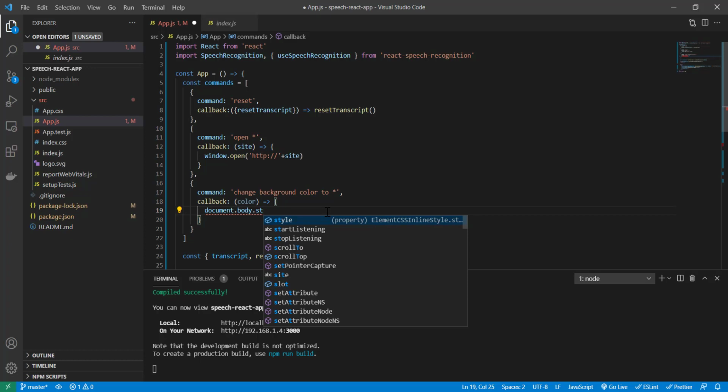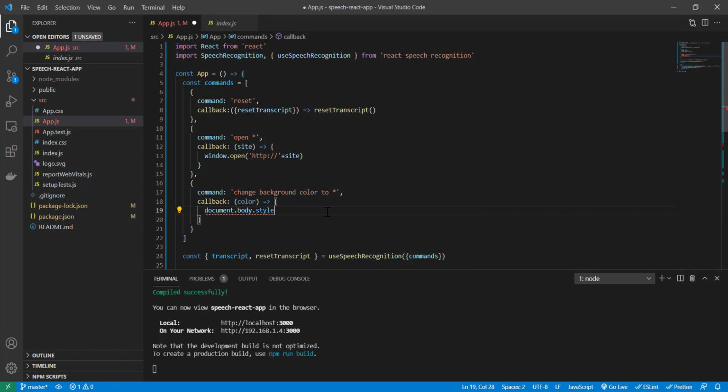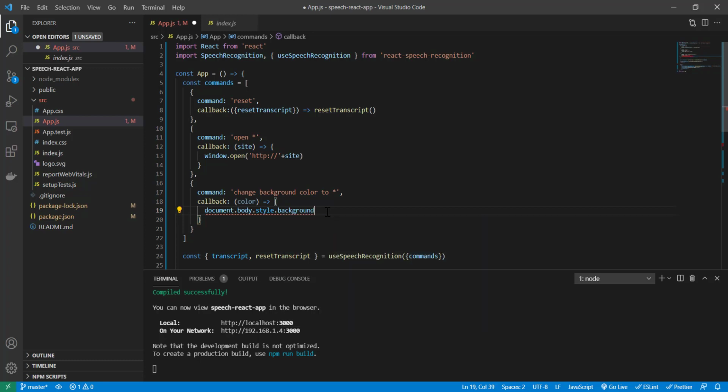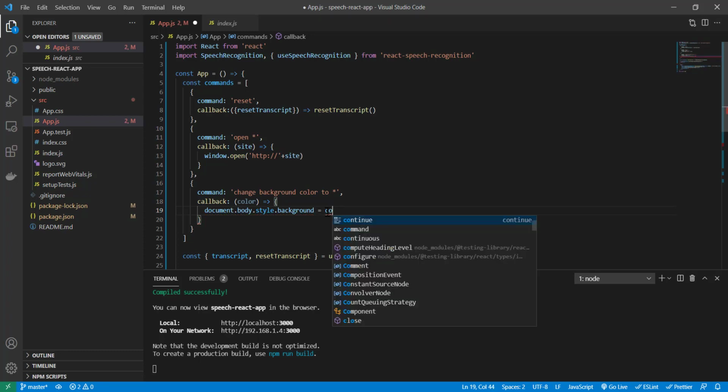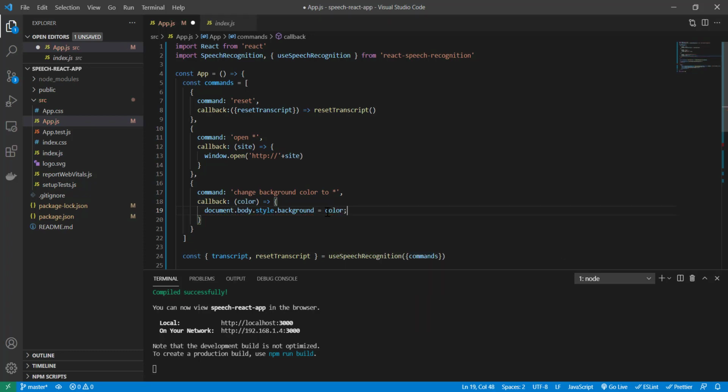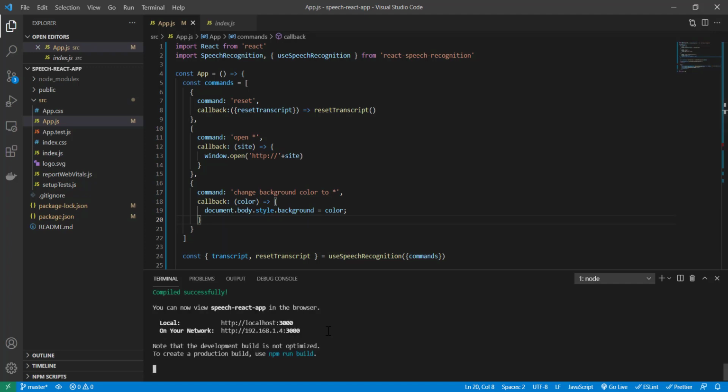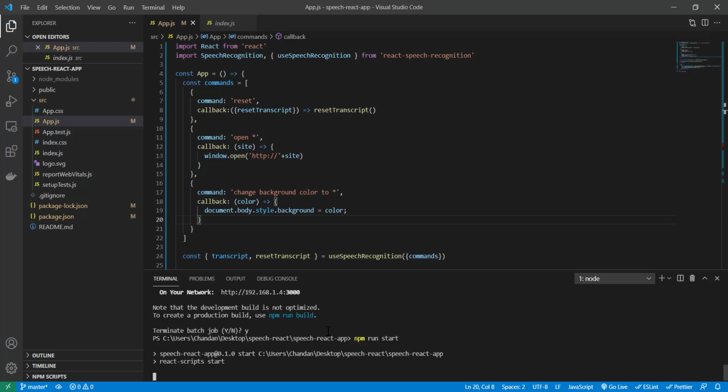I'm just trying to use JavaScript here, and in this background I just want to add whatever color we are getting. Change background color to this, it should change the color. Save it, and maybe it is better to close it and run it again.